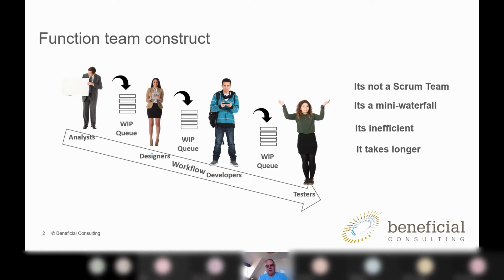But you've basically got people who were previously analysts, designers, developers and testers, and all of a sudden we call them an agile squad or an agile team. In reality, because we've got the workflow in there and they've come in from their various functional disciplines, we end up with a team that's basically operating in a waterfall within an agile construct.